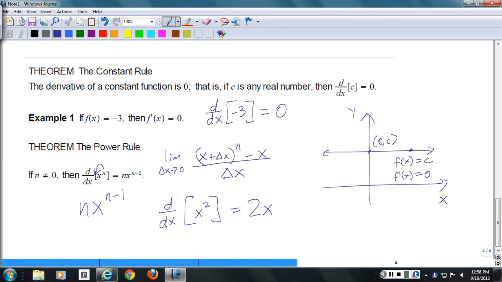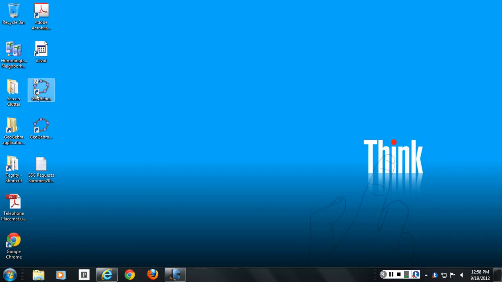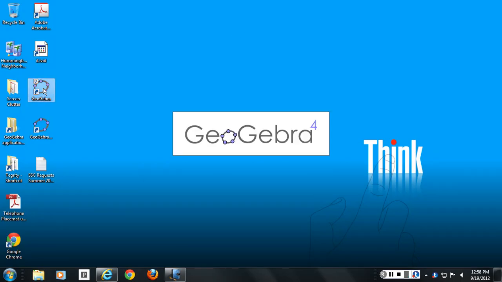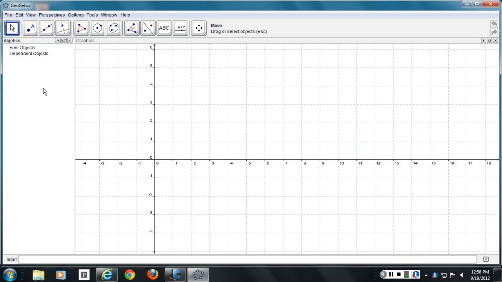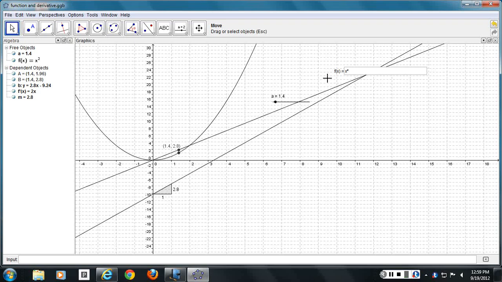So if we have the graph of, and let's see, I wonder if I saved it. Let me see if I saved it. The hastily thrown together GeoGebra worksheet that I did during the break yesterday. Let me double check that there's. If we go simple here, x squared for the derivative,